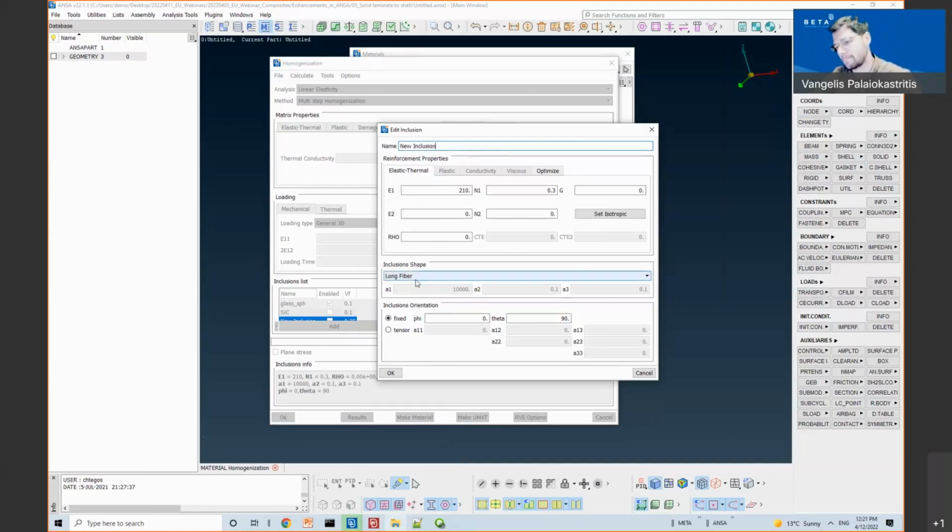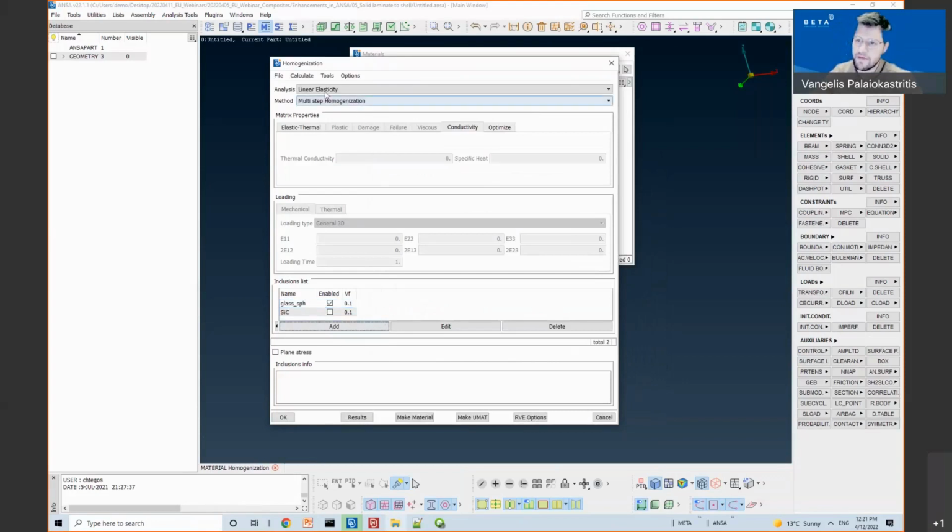So the shape is given in terms of an ellipsoid. By setting the lengths of the three axes of the ellipsoid, I have the shape of the inclusion. And the orientation can be given through spherical coordinates or through an orientation tensor.